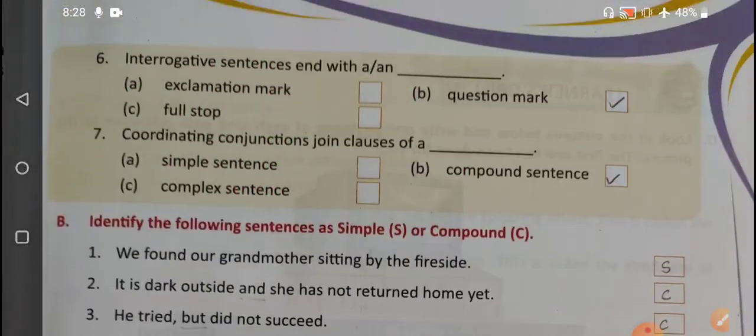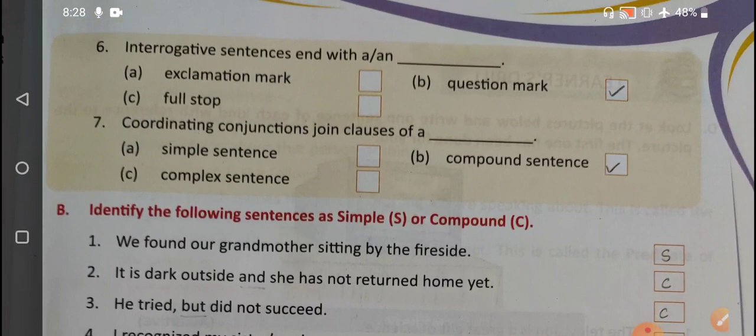Next question is, an interrogative sentence ends with a question mark, exclamation mark, or full stop. So interrogative sentences are those which ask direct questions, so it ends with a question mark. Coordinating conjunction joins clauses of a simple sentence, compound sentence, or complex sentence. So a coordinating conjunction joins two main clauses together, and two main clauses are there in a compound sentence, so the answer